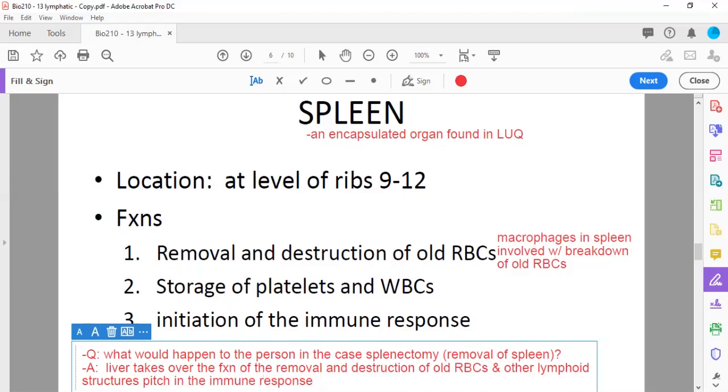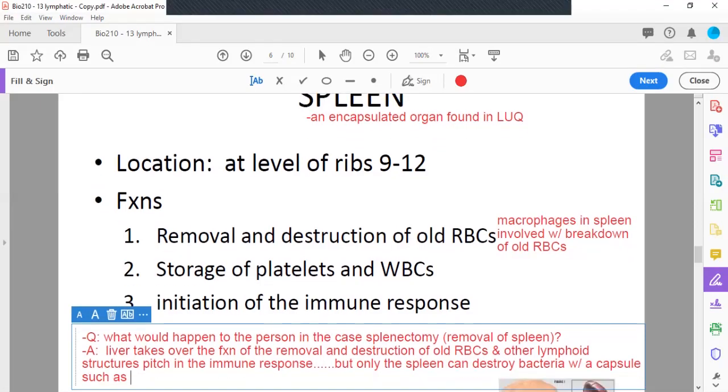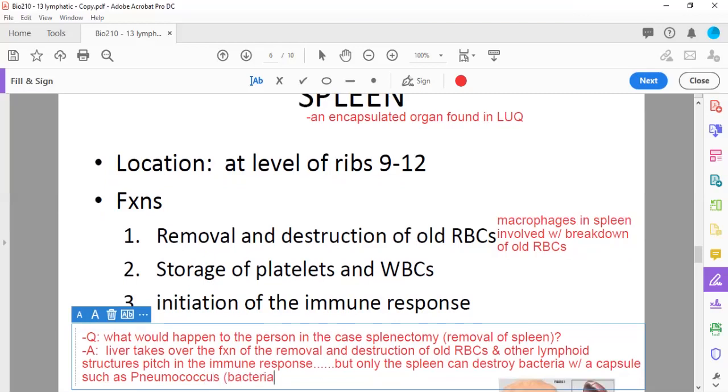But here's the next thing: only the spleen can destroy bacteria with a capsule, such as pneumococcus. This is beyond the scope of this class, which is a bacteria. And so in this case, it means people who